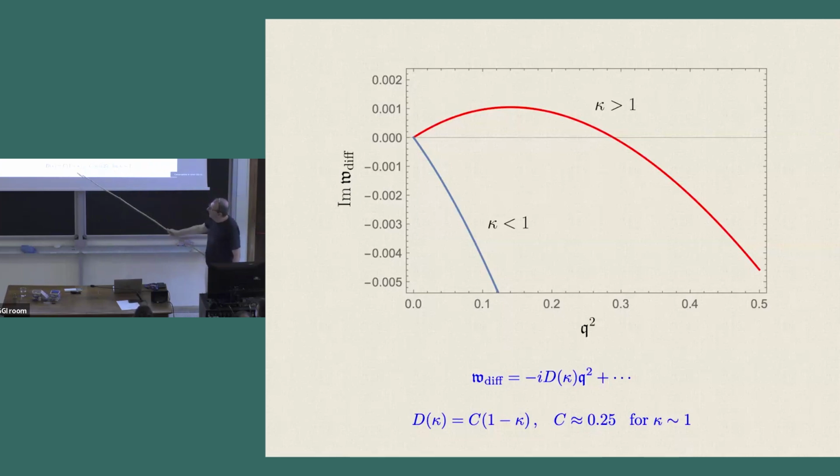d of kappa as c times 1 minus kappa. The 1 minus kappa can be predicted by hydro, but not the constant. I mean, the constant can be predicted by hydro if you manage to compute the susceptibility matrices, the conductivities, and so on. We haven't done this, but it's not impossible to do. Or solve the system of equations, which is the same, the dual equations. And c is 0.25, which suggests a number, but again,